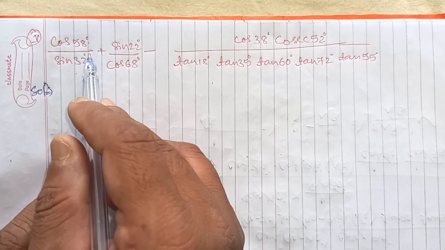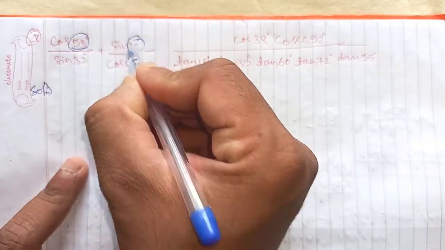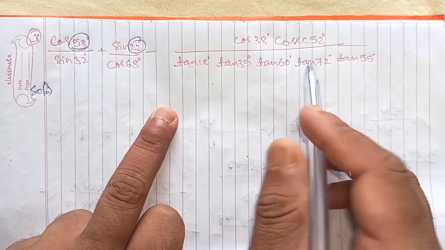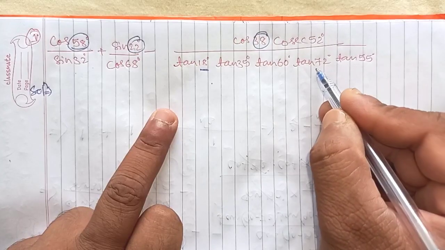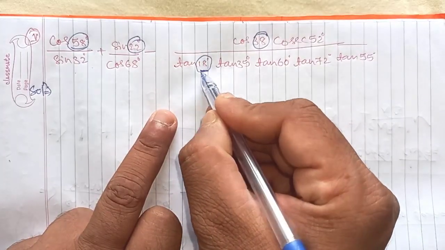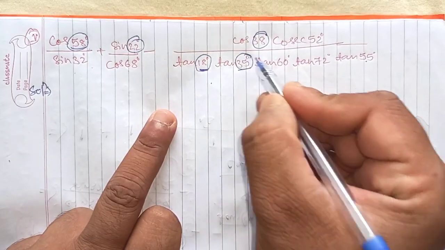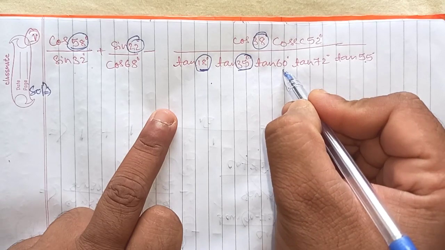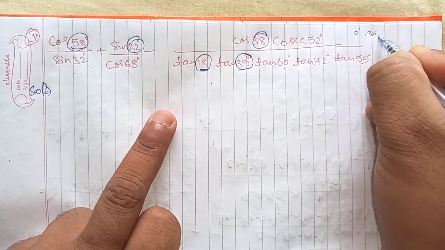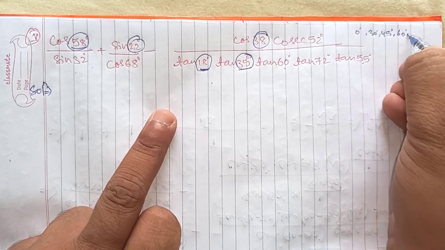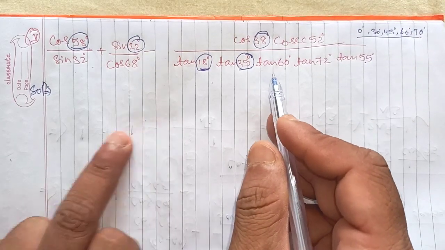So by adding these two it is 90. I will change any one. Again similarly by adding these two we will get 90, so I will change 38 degree. Okay, tan 18 plus tan 72 is 90, so I will change 18. 35 plus 55 is 90, so I will change 35. Okay, what about tan 60 degree? We have the values for 0 degree, 30 degree, 45 degree, 60 and 90 in the trigonometric table. So tan 60 degree value we will substitute here.